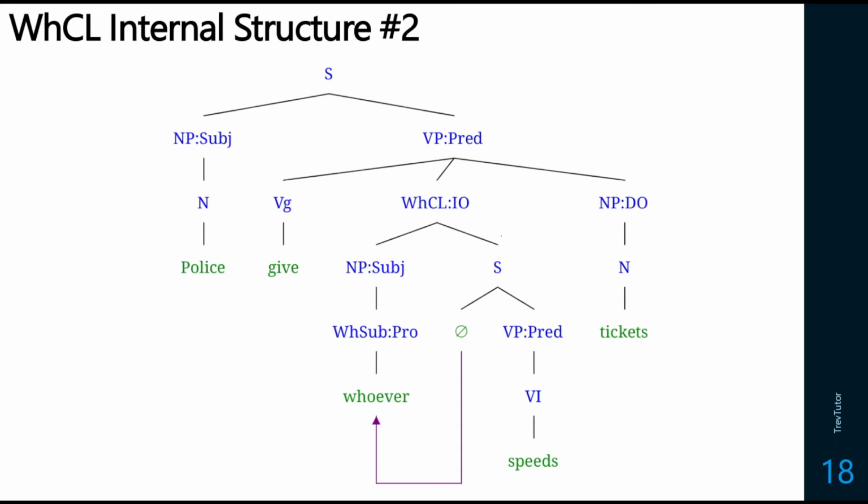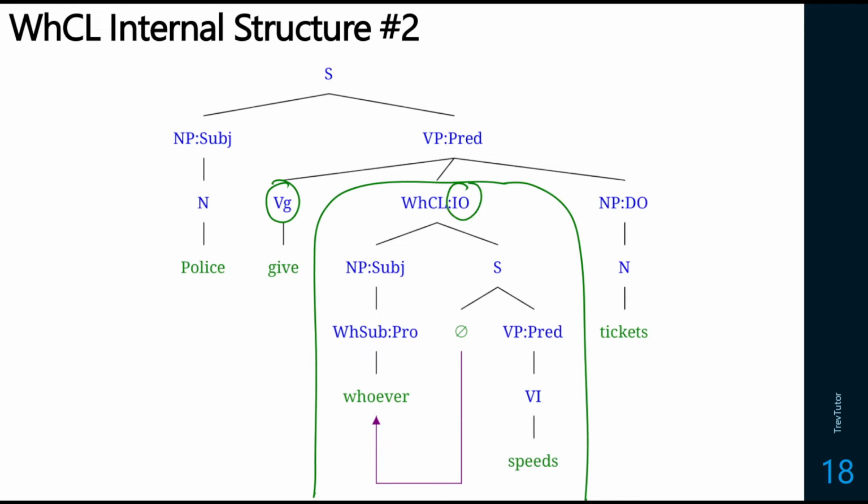So here's an indirect object. So whoever speeds is our indirect object. I know the tree's a little fat, so it might look weird, but this is a give verb, an indirect object, and a direct object. It is normal. But what we see here is for whoever speeds, whoever would have been the original NP subject with the WH subordinator,